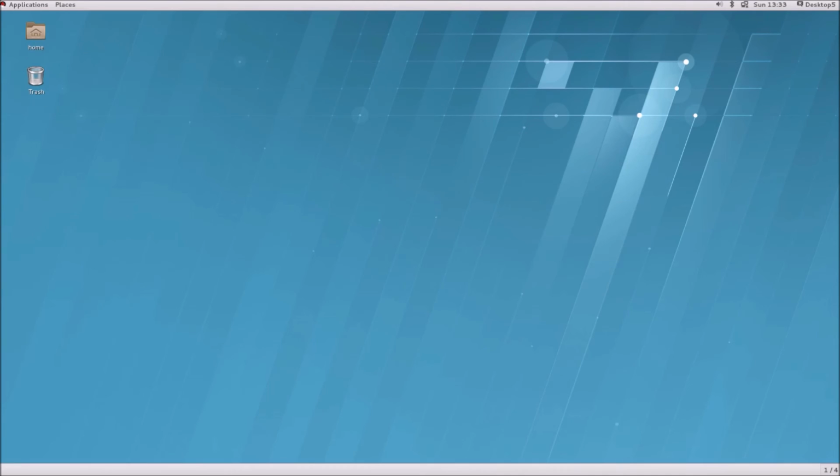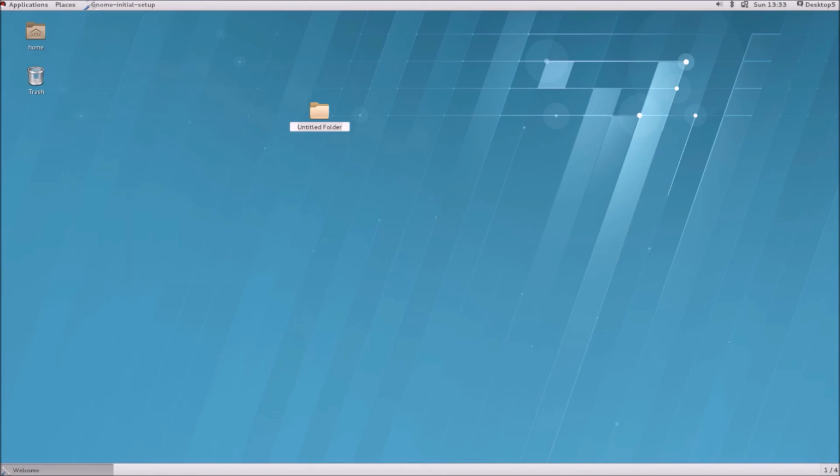When you click this one, it goes to the GUI mode. This is my Red Hat Enterprise version 7.1 with GUI installation.